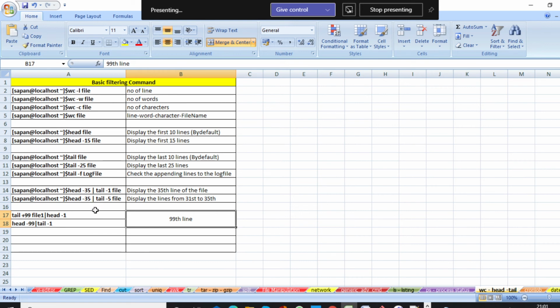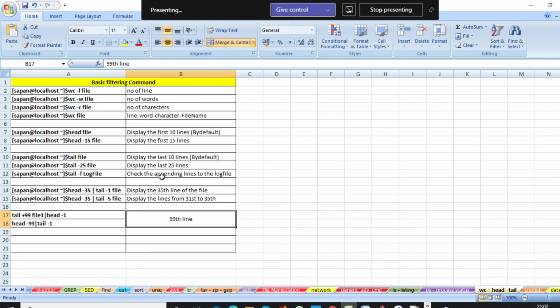And then, what else is remaining? Suppose you want to check lines being appended to the log file. Suppose you are restarting the server and you can see in the Tomcat log some data is getting appended.